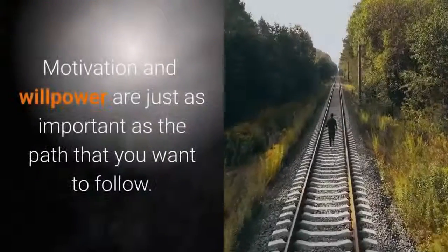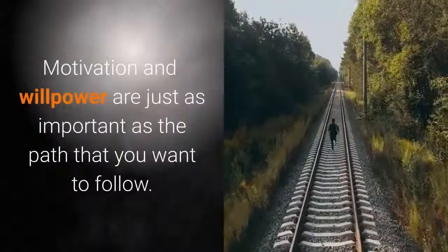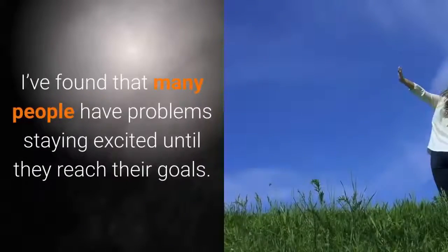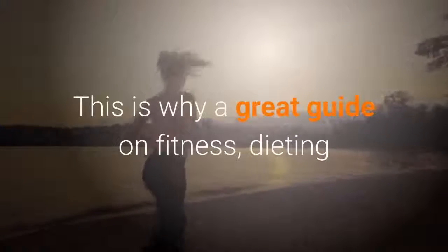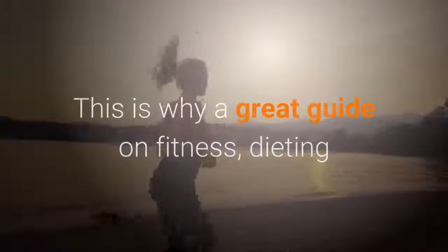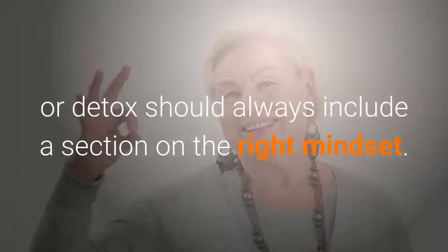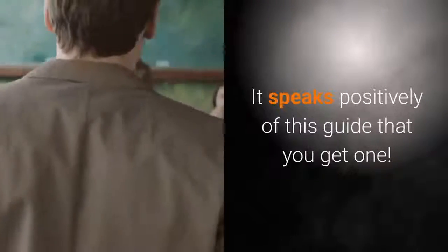Part 3, mindset. Motivation and willpower are just as important as the path that you want to follow. I've found that many people have problems staying excited until they reach their goals. This is why a great guide on fitness, dieting, or detox should always include a section on the right mindset. It speaks positively of this guide that you get